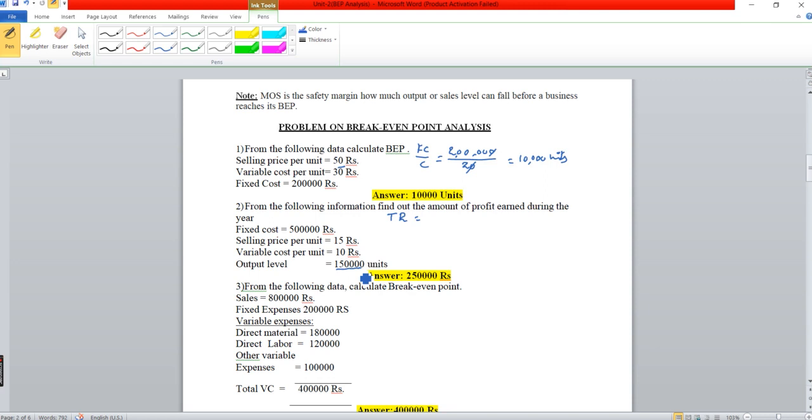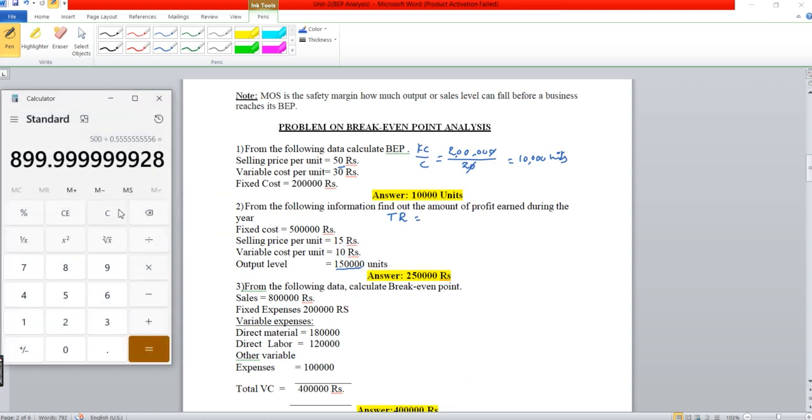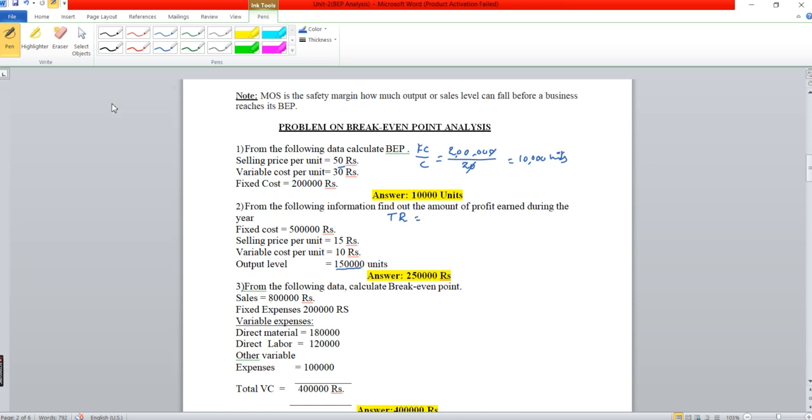To find out the total revenue, output into selling price, 1,50,000 into 15. So 1,50,000 units into 15 rupees per unit, we are getting 22,50,000. The 22,50,000 is the total revenue,